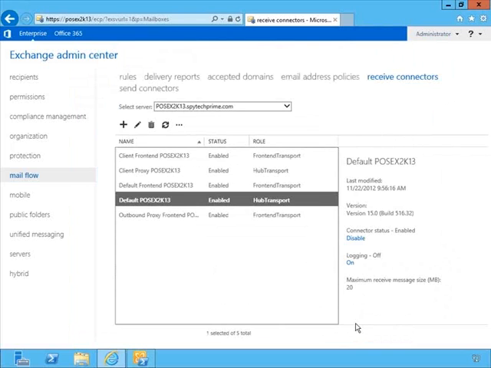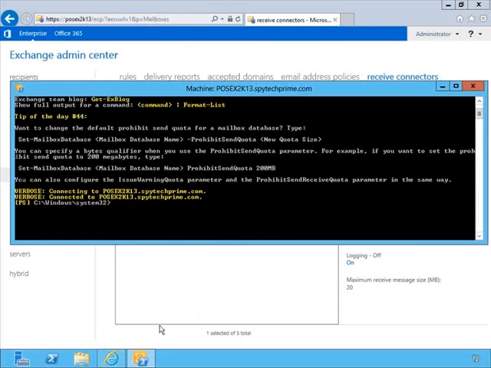And now you see it's changed that maximum receive message size. However, another way to make changes like this would be through the Exchange Management Shell. And so we have the shell already open. Let's just quickly throw in the command and make it that 10 megabyte maximum message size. So the way we would do this is